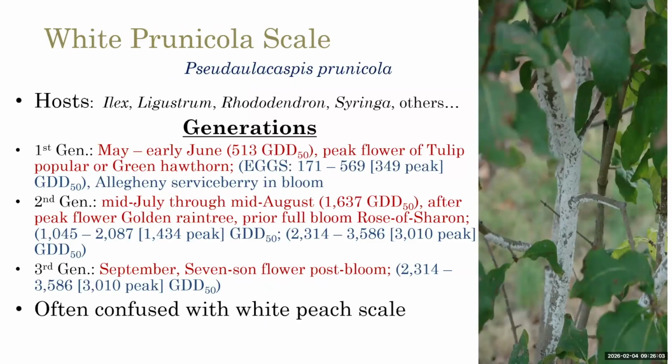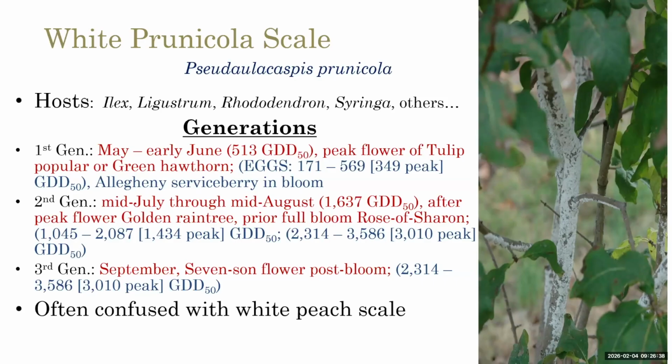And part of the problem is it's an overlap of generations. That makes it difficult because at any given time you have adults, eggs, and crawlers running about on the plant. Regardless of what product you're using, they're really good at avoiding that application. So there's frequently a remnant of that population that persists on the plant, because some of those scales typically like to feed on older wood first, or the older tissues more than newly